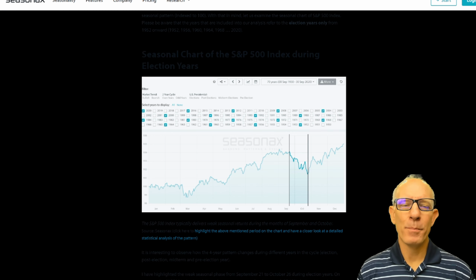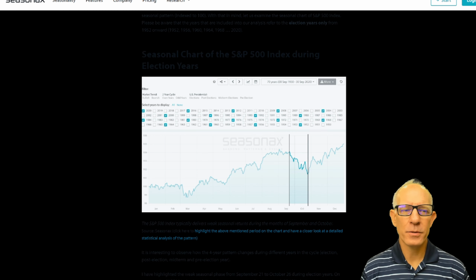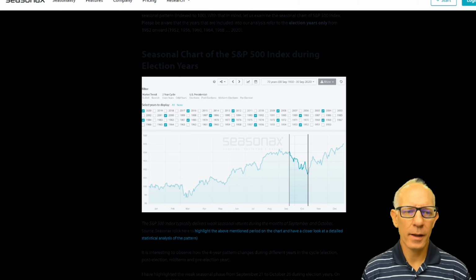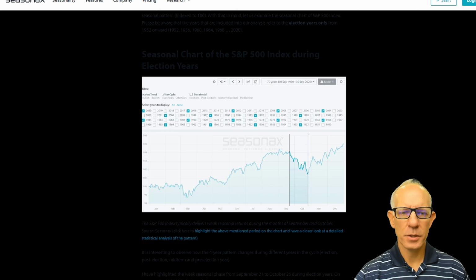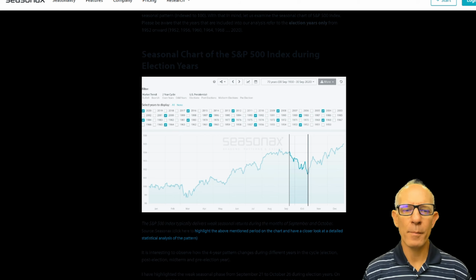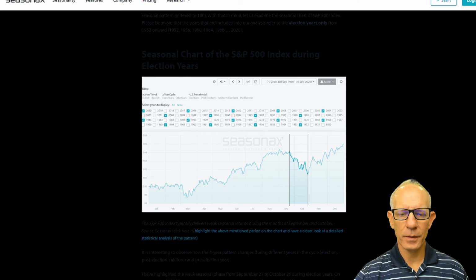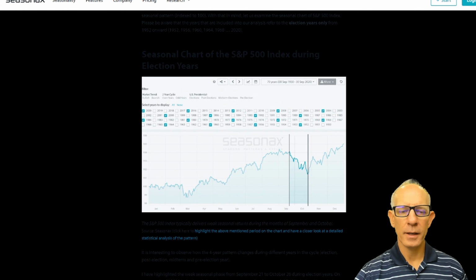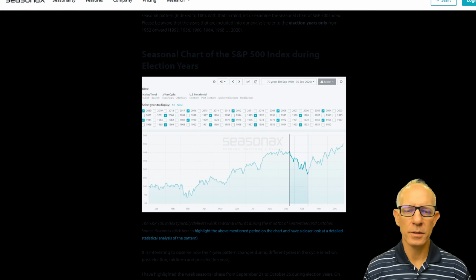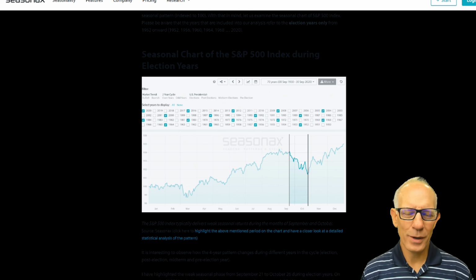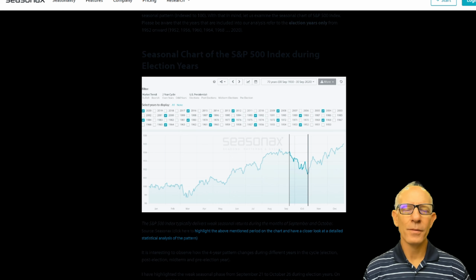All right, so this is basically the same chart, but I wanted to show it in a way that breaks it down a little bit. So you can see that we're going back all the way for a long time, and we are literally just checking the dates that correlate to the election years and then charting that backwards. So you can see that the build up from September over to October, the market does head down during election years. And then during those same election years, once the presidential election has been decided, the market does pop